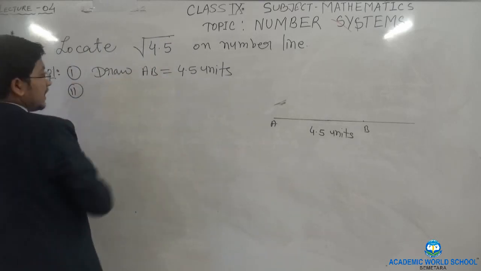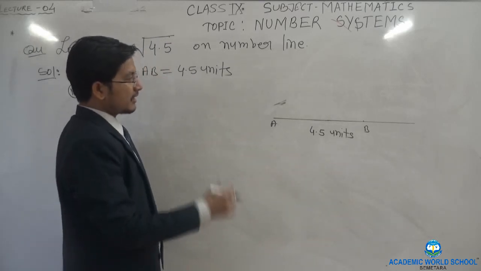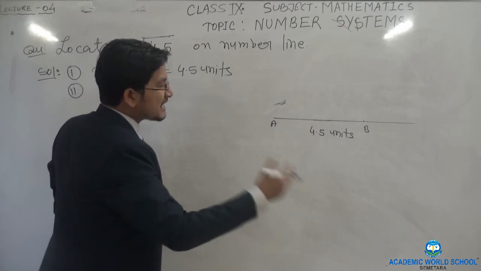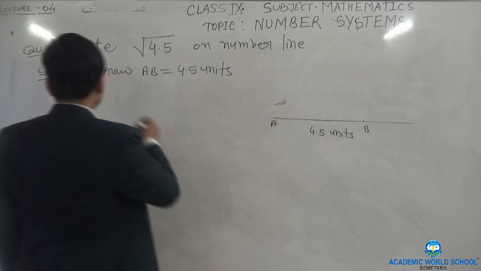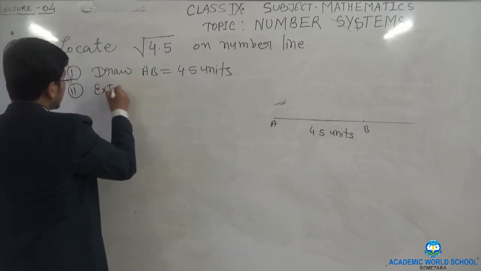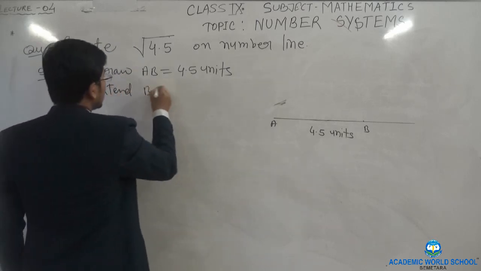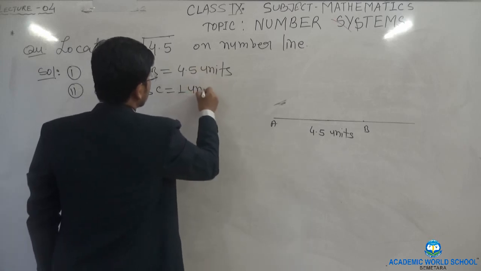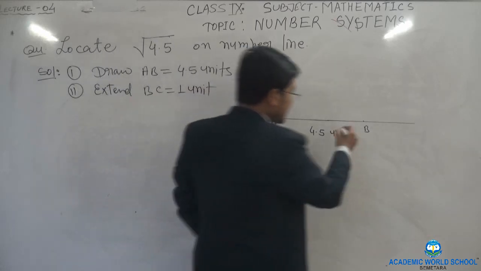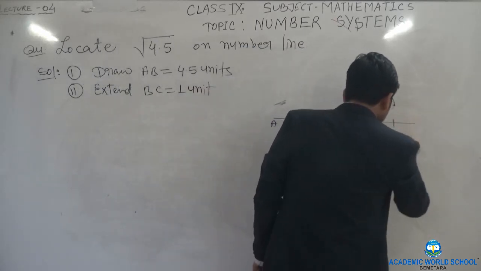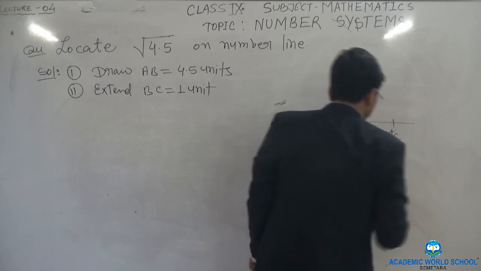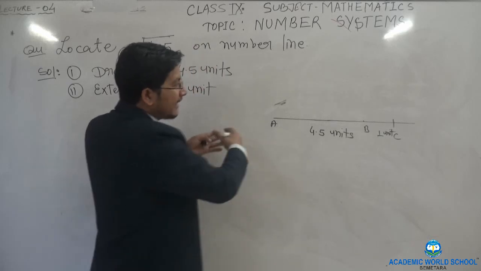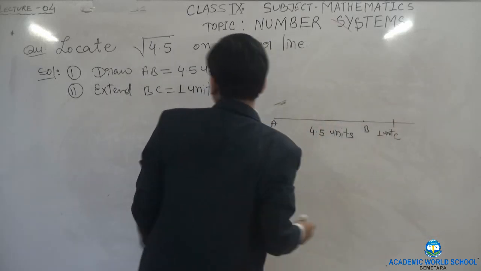Okay, now second, extend BC such that it is equal to 1 centimeter. Now extend BC is equal to 1 unit. Now extend BC, let's say this is BC and this is equal to 1 unit. Okay. So now what we have to do is